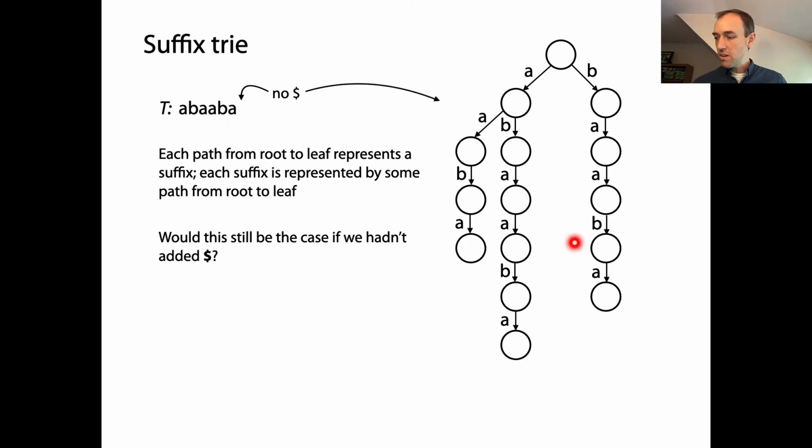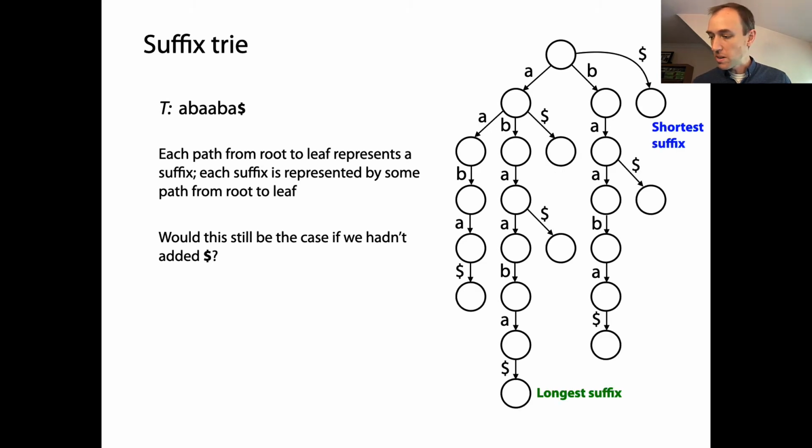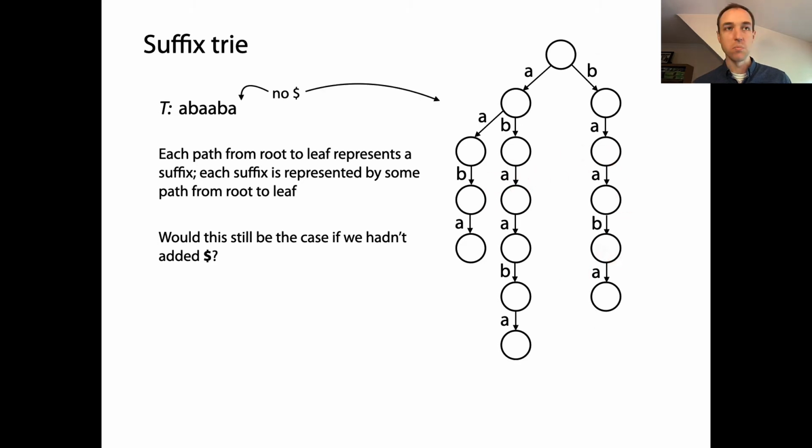And let's look over here. Here's a version of the suffix trie, but again, where we've gotten rid of the trailing $. You can see now this is a different trie, right? If I switch back and forth between the old one here and the new one here, you can see some stuff has gone away, because we got rid of those nodes that had $ as their incoming edge. And now what we see is that each path from root to leaf represents a suffix. That first part is still true, right? But the second part, that each suffix is represented by some path from root to leaf,